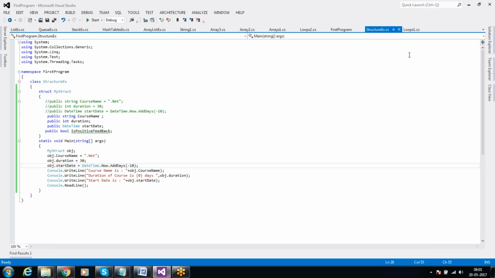Am I clear? See here, positive feedback that we didn't use. If you want to use that positive feedback also, you can use it. Obj dot is positive feedback equal to, say for example, true. So likewise